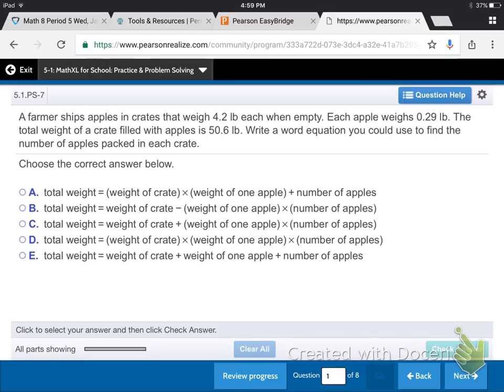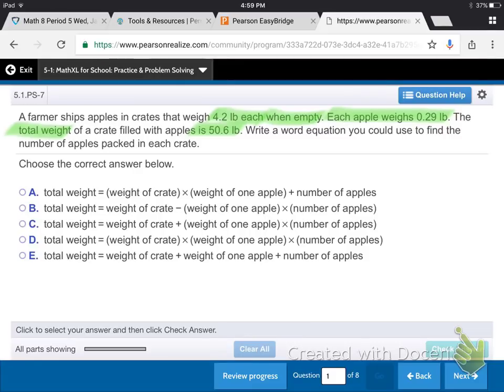And it says, a farmer ships apples in crates that weigh 4.2 pounds each when empty. That's important. And each apple weighs 0.29 pounds. Okay, so the total weight of a crate filled with apples is 50.6 pounds. Write a word equation that you could use to find the number of apples packed in each crate. So we have to think about that. We know the total weight, we know the weight of each apple, and we know the weight of each crate